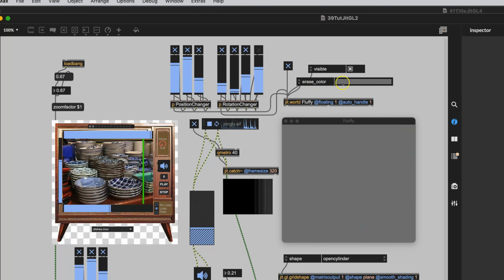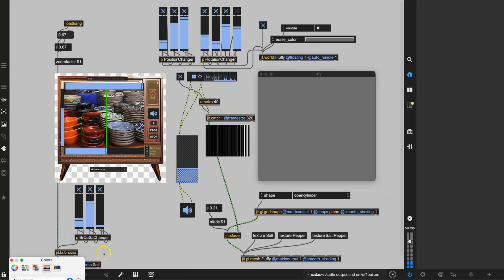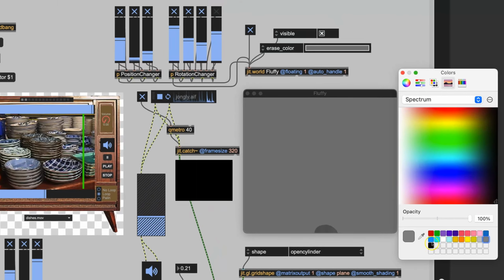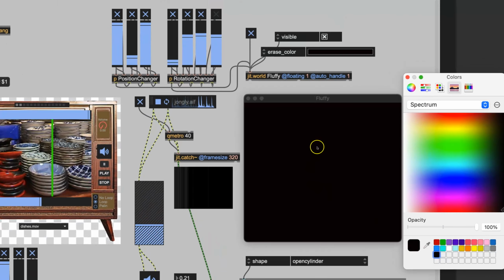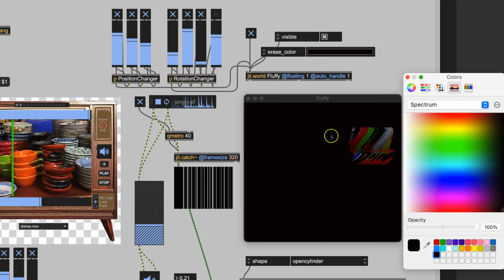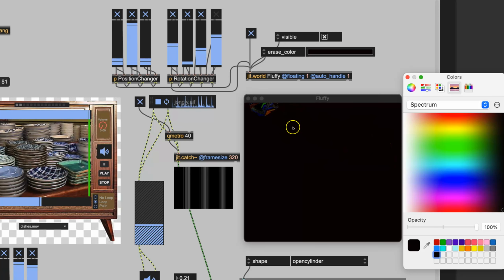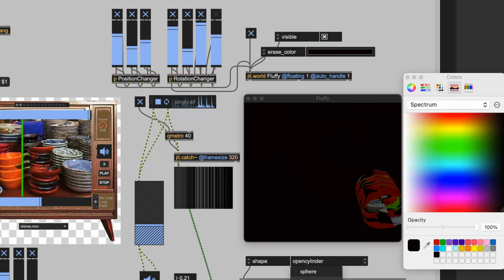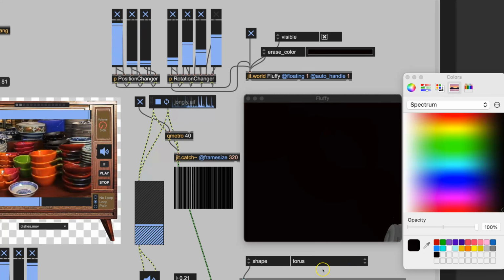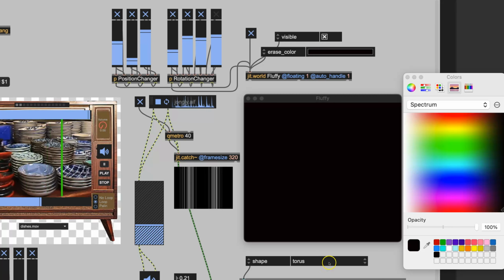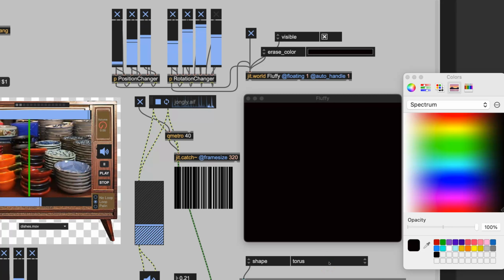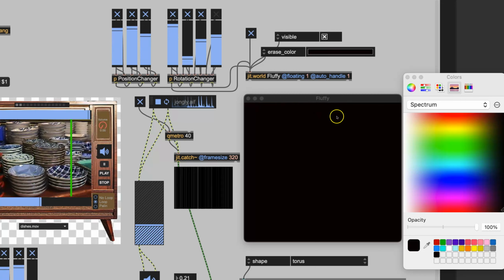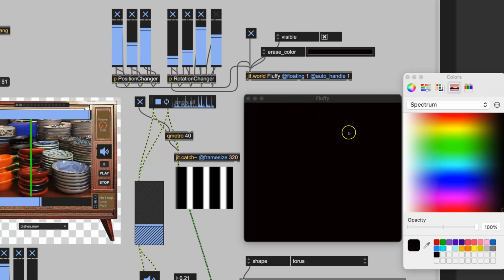So if you click erase color and then you click on this, you usually get this kind of color chart here, and you could pick like black, and then it's all black and you've got your object flying around in here. I'm going to go for the donut. I just like the donut so much better. There we go. Come back, donut. But one of the things that it used to do very, very well,